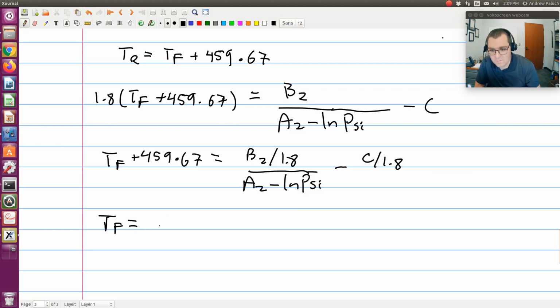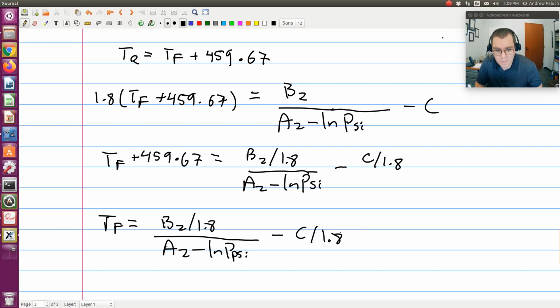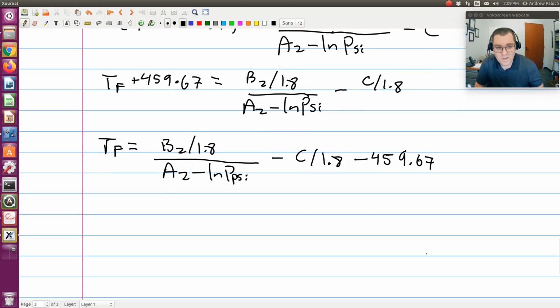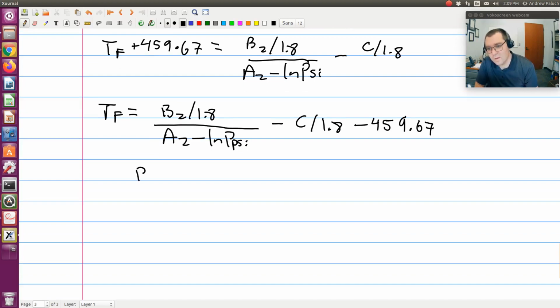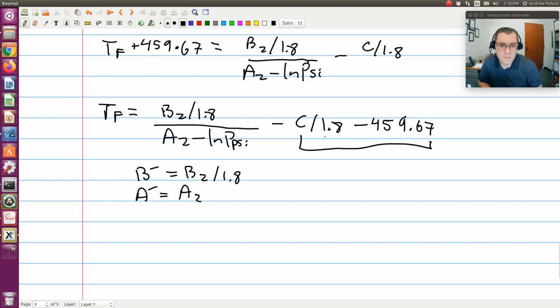So TF would be equal to B2 divided by 1.8 divided by A2 minus natural log of pressure in PSI, minus C divided by 1.8 minus 459.67. In terms of the last step, we'll define a new constant B prime, which is B2 divided by 1.8. You can see how B2 is defined above. A prime is just going to be A2, that last definition of the constant. Then, looking here, C over 1.8. 1.8 is just a constant. 459.67 is just a constant. So we'll define C prime as being,